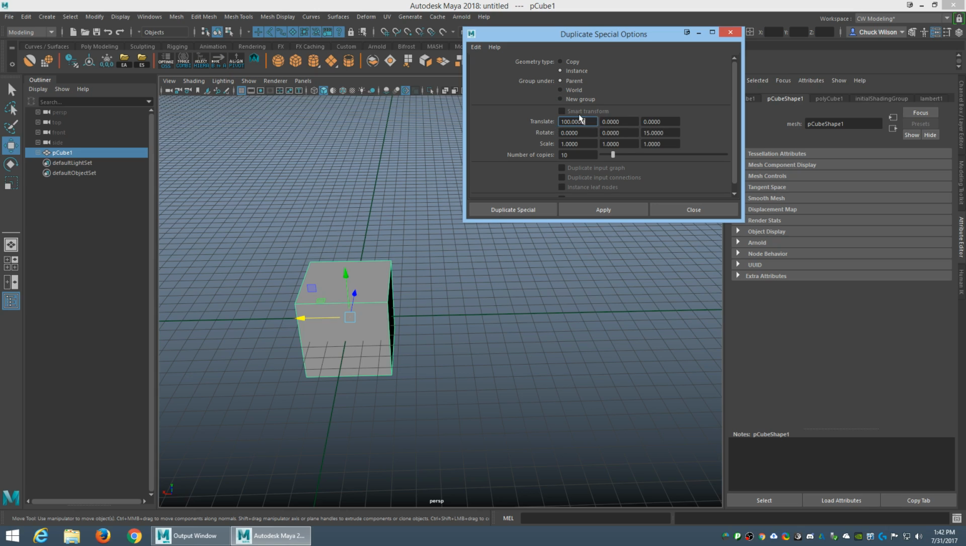Smart transform is when you hit the shift D key. I didn't show that. That's something a little different, but just wanted to point that out. So here we have X, Y, and Z, like always. It's always X, Y, and Z when you see three boxes like this in Maya and Max. And so we got 100 units in X, and the rotate is set at 15, and we've got 10. So now if we click apply,